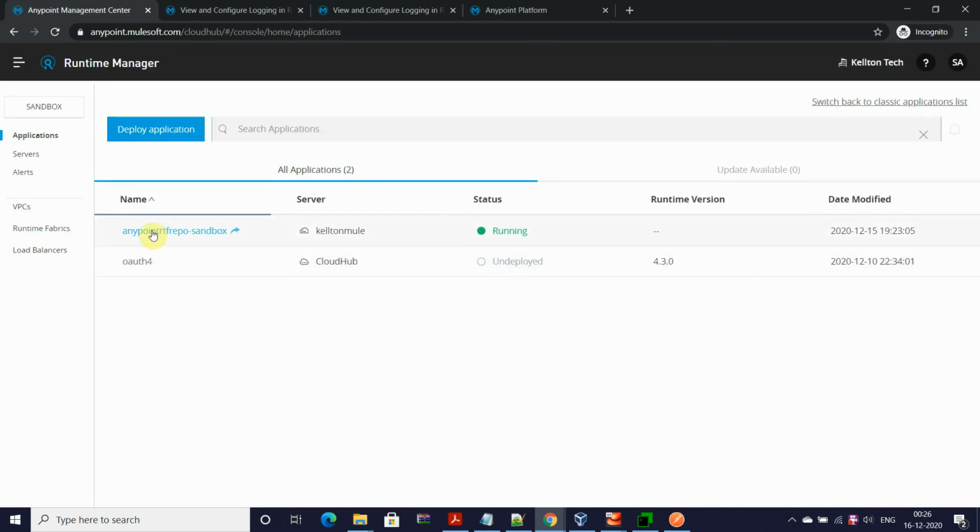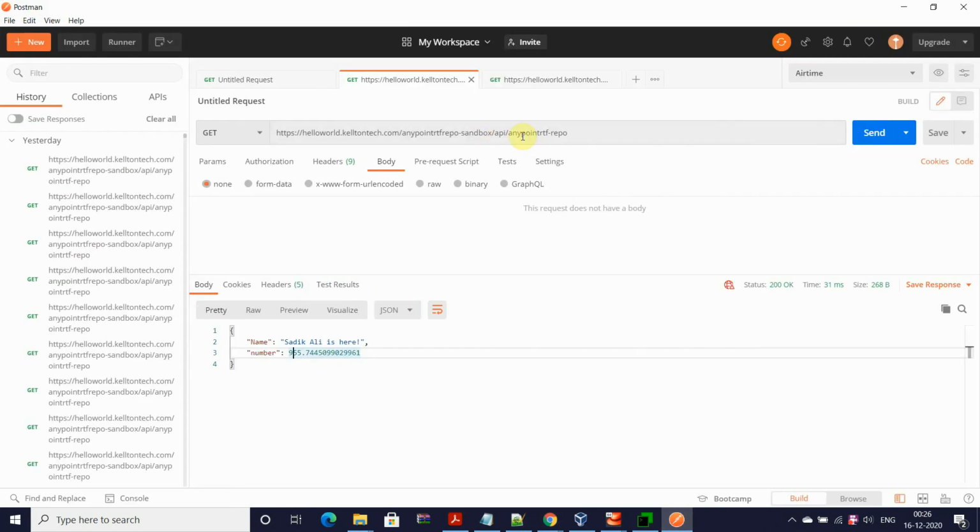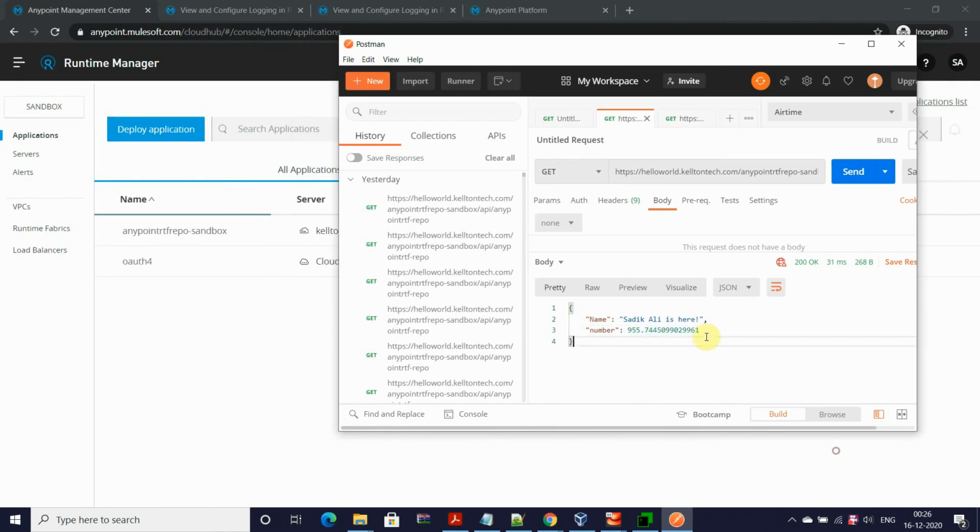You can see this is the Anypoint application which I have running here. So the same application I am using here. I send this request, although it takes a few moments to replicate data